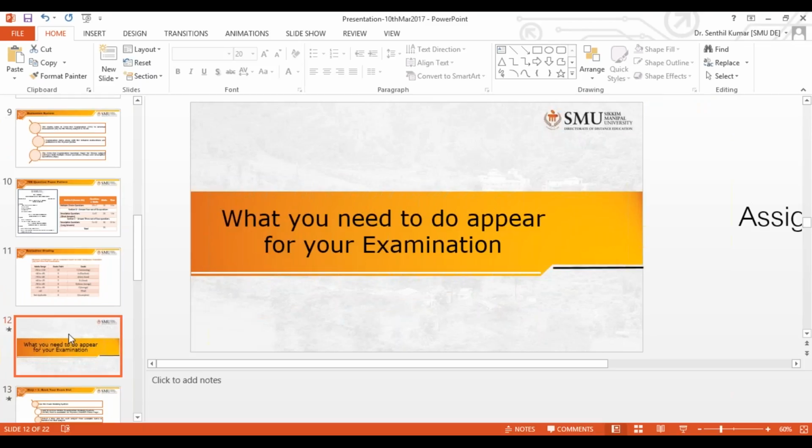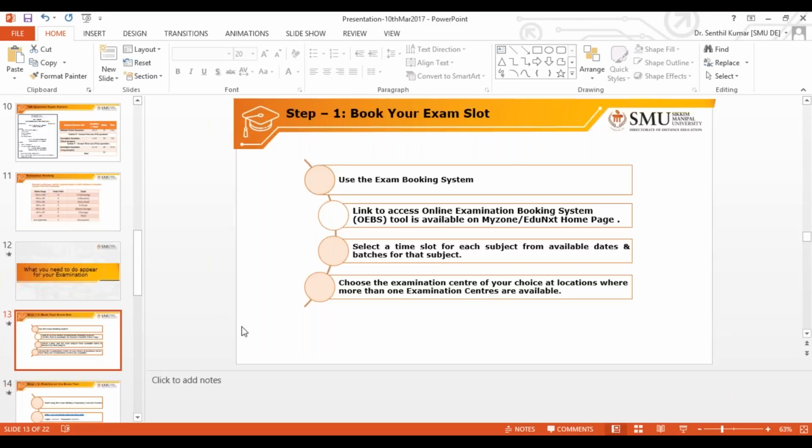Now that you have prepared all your content, or learned all the resources available both on the learning portal as well as the app, and you covered your SLM, what do you need to do to appear for the examination, right? By this time, I hope you must have completed your slot booking. The examination booking system was open till yesterday, and you must have booked. If anybody missed it by any chance, the university will allot a date, time and venue, and the details will